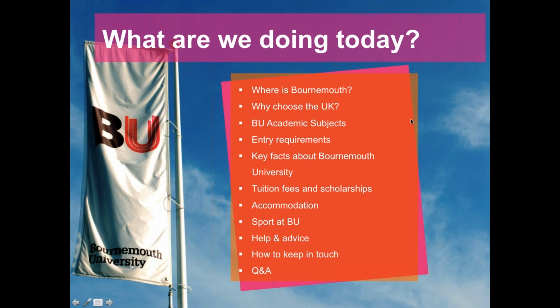The next question would be, why would you want to choose the UK? Why, out of every place, if you are from North or South America, why would you choose to go to the UK? Why is that a good idea? I'll explain that. As someone who actually is from the USA and studied in the UK, I can explain a little bit more. And then we talk about the subjects that Bournemouth has, as well as entry requirements,